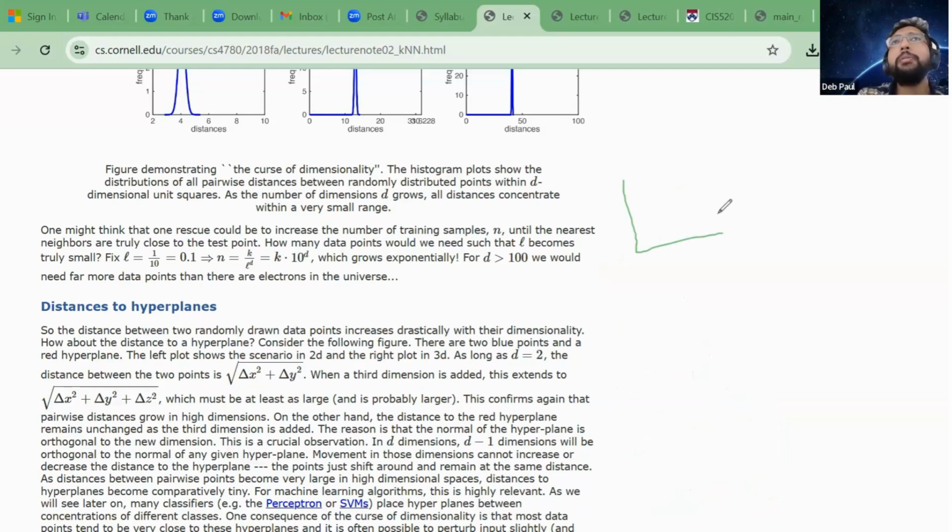What is the problem there, right? The problem is that if the distance keeps increasing and I have a lot of dimensions, then the overall distance increases. And then it is very hard to define similarity and dissimilarity, because the points might be so far apart that any random points might seem closer. That's the problem you are seeing, right? As the dimension increases, detecting similar points becomes much harder. And we have to be very mindful of that.